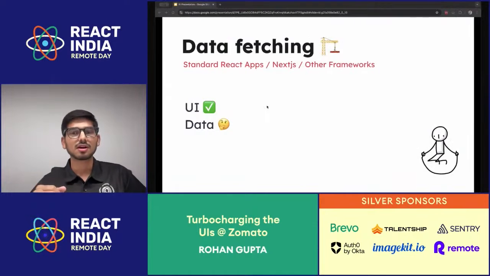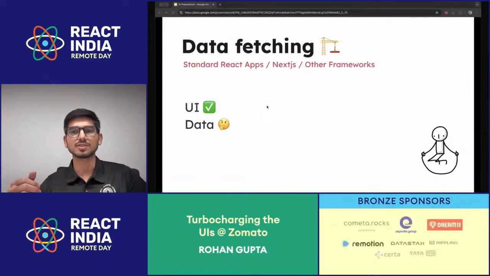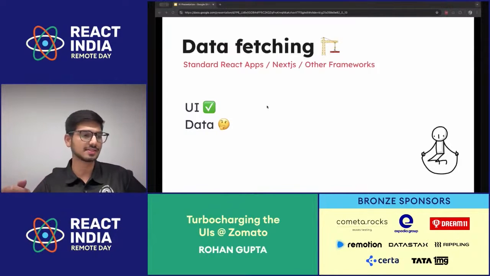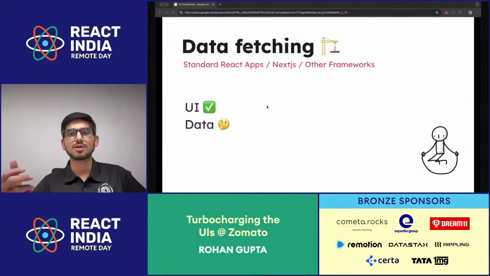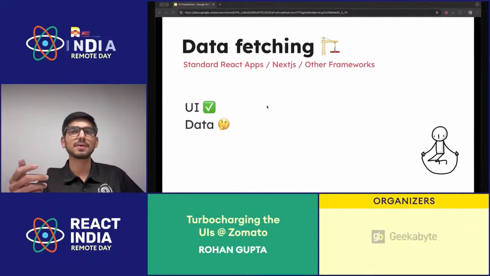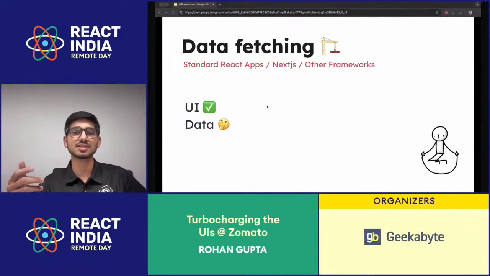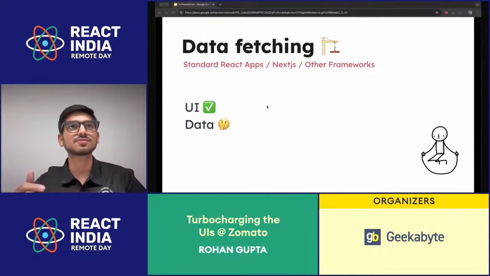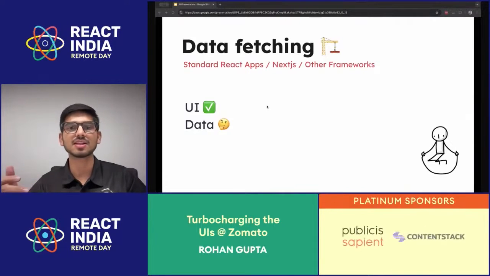So we have already covered how we will deliver our UI. And once we have locked in our rendering strategy, it's time to talk about the next big thing, that is data. Because without data, we have just got a pretty shell to stare at, right? Now, if you want the best user experience, fetching as much data as possible on the server is the trick. Why? Because the data source is closest to the server, which means faster response time, and everyone loves a fast app,